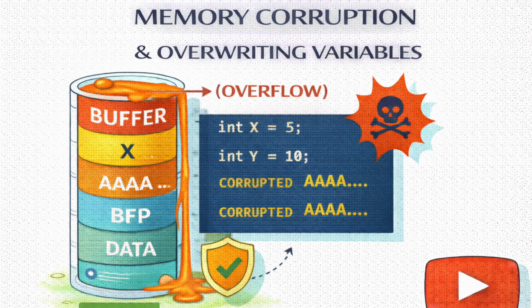And the mission for this deep dive is pretty specific. We want to move past the idea that bugs just make programs crash. We want to understand how a hacker can physically overwrite data in a computer's memory, to trick a program into doing something it was never designed to do. So we're not just breaking the machine, we're puppeteering it. Exactly. We're going to look at the physics of memory corruption.